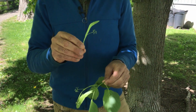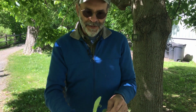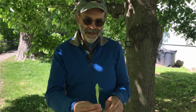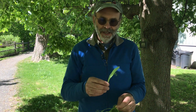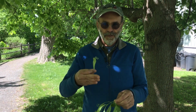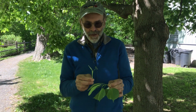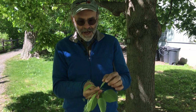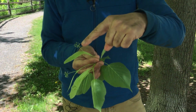And the trick is that that slows the rate that the seeds fall on the ground and gives the chance for the wind to blow it further away, so that the tree will help to spread itself further away than if the nutlets just all went clunk right underneath the tree. Okay, so here there's going to be soon the flowers blooming at the end of this little stem right here,